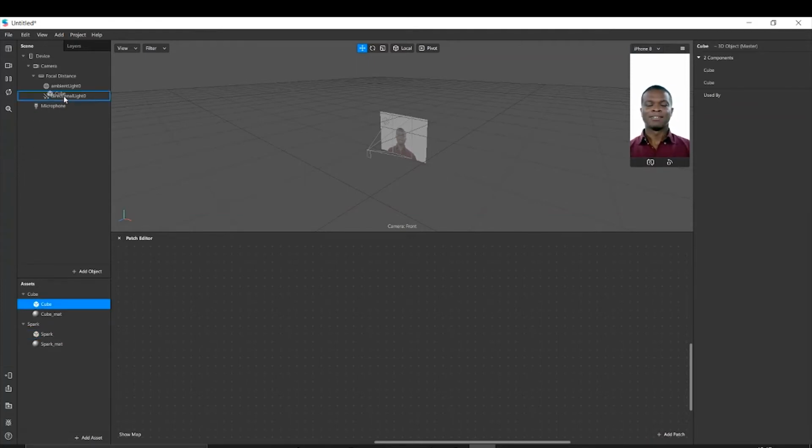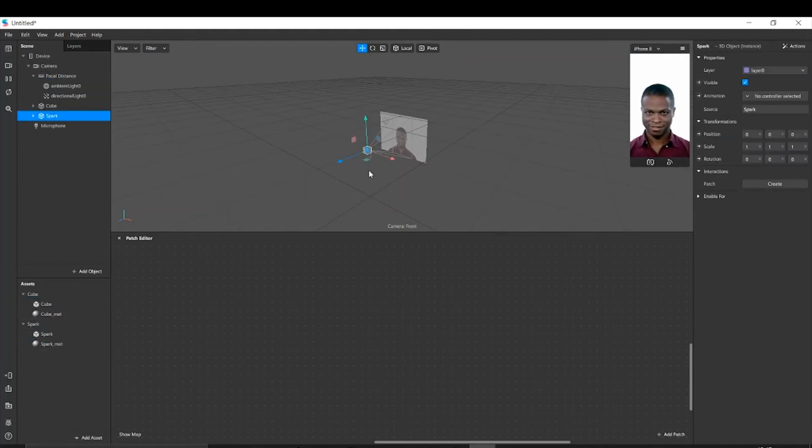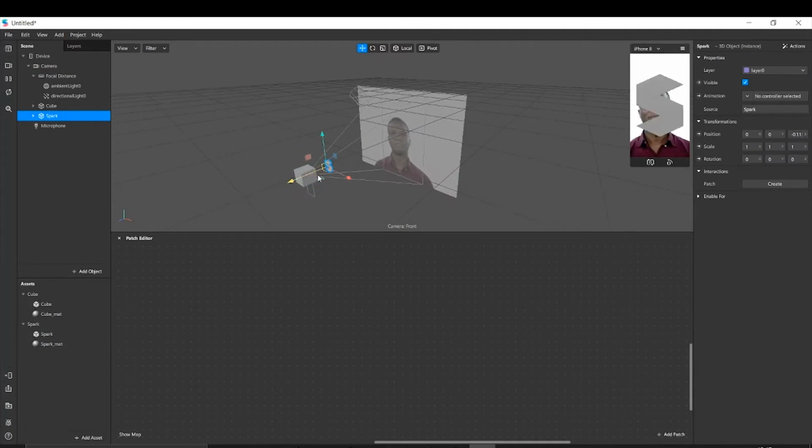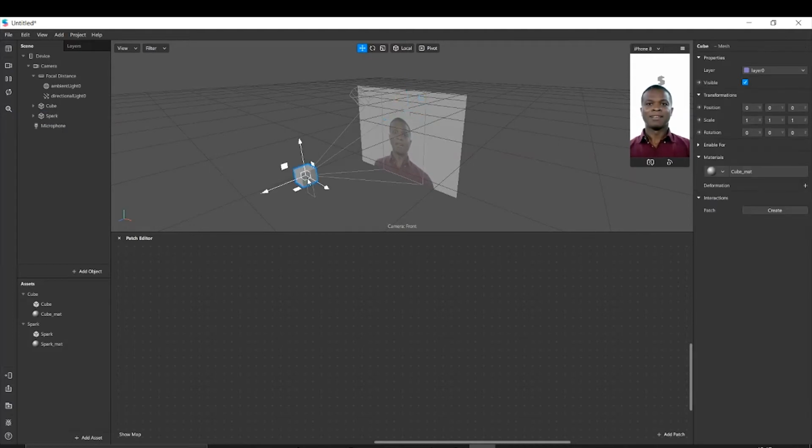So I have imported a cube and a spark from the asset store. I put the cube in my camera. I put my spark in the camera, and I have them available in my screen. Now see this. The spark option is visible and the cube is also visible. So basically, these two are visible.